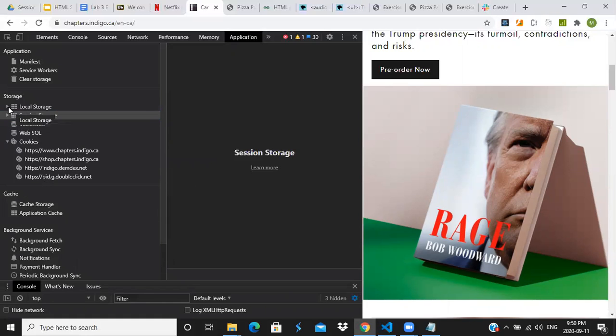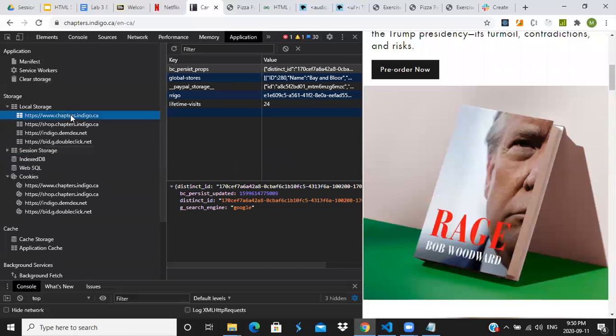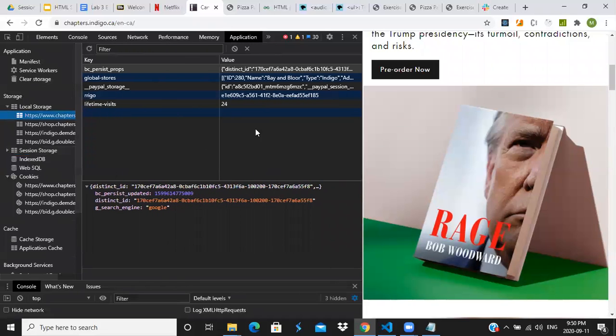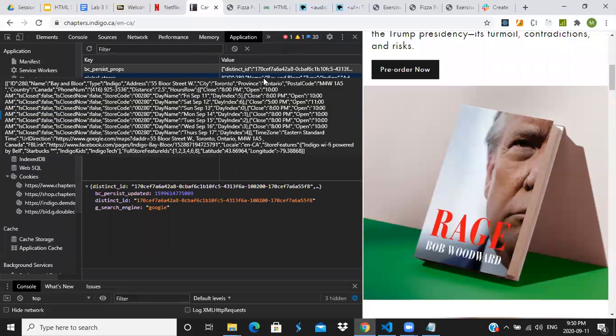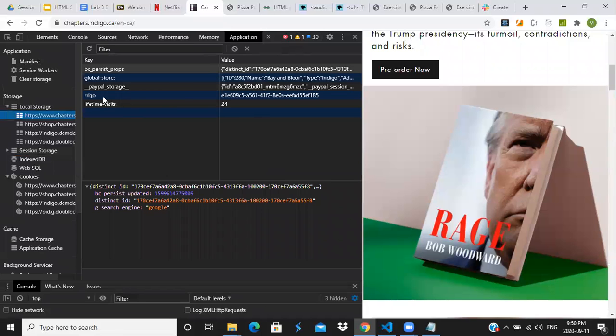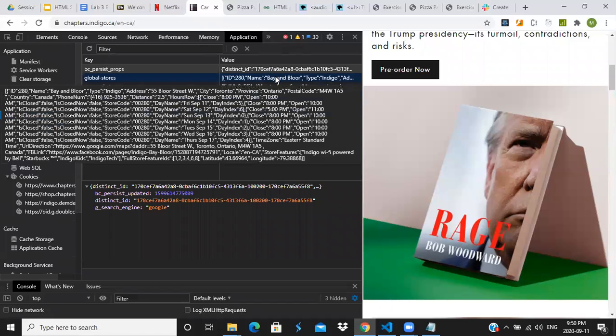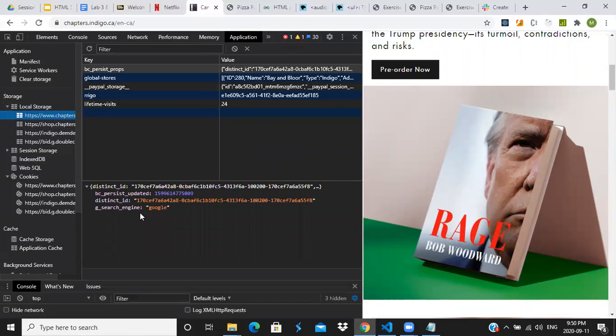But we also have local storage now. In local storage, you can see a bunch of keys with objects of information in there, such as maybe the store that you just selected. Anyhow, that's part of the browser, and part of HTML5, and it's a really great addition to it.